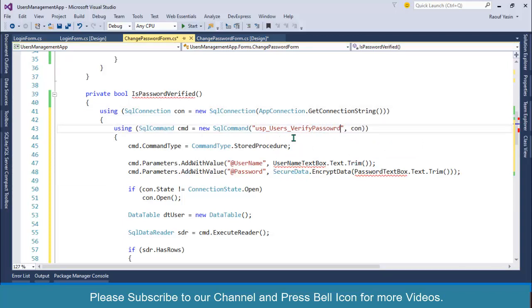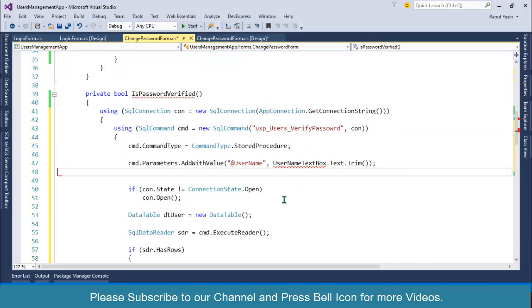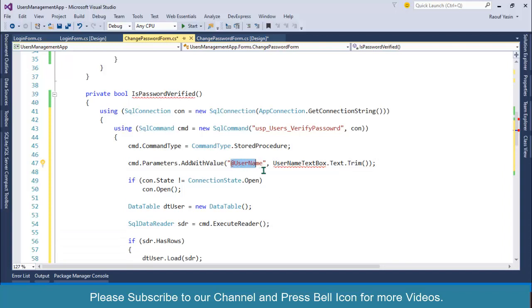I'll create this store procedure in a minute, and we are only specifying a single parameter as password, and its value will come from old password.text.trim, and instead of directly passing value, we should again use our secure data class to encrypt this password.